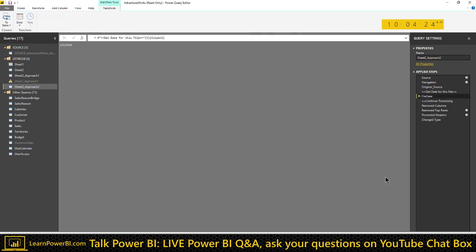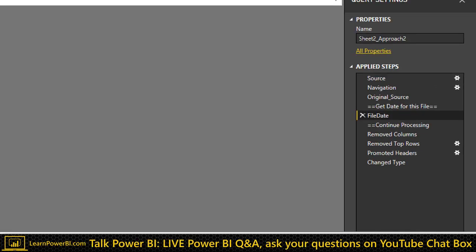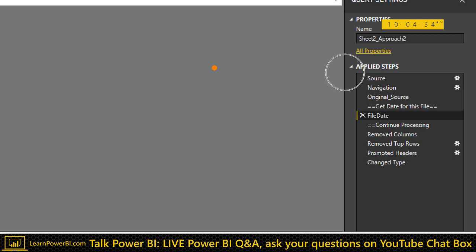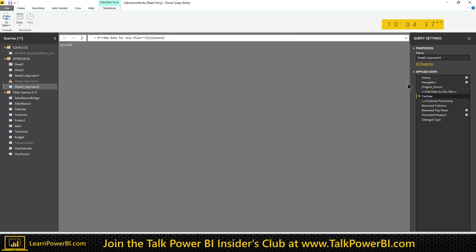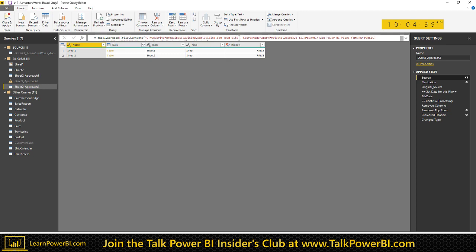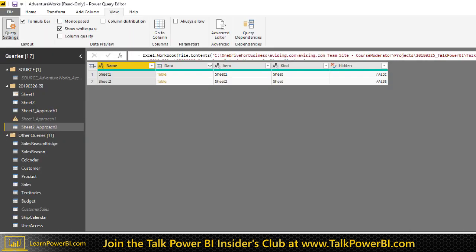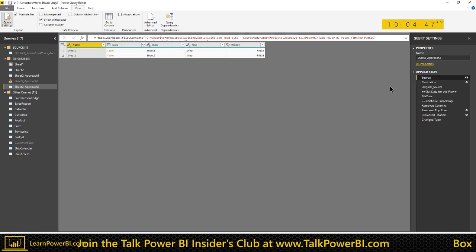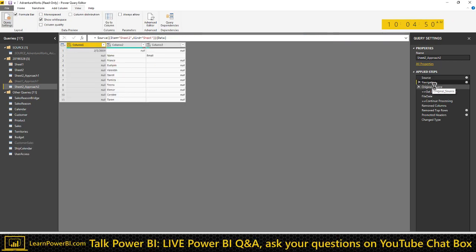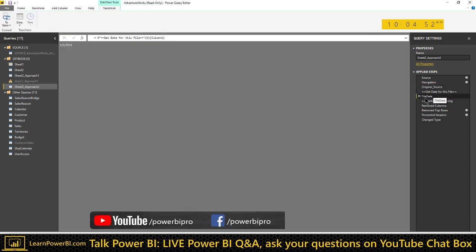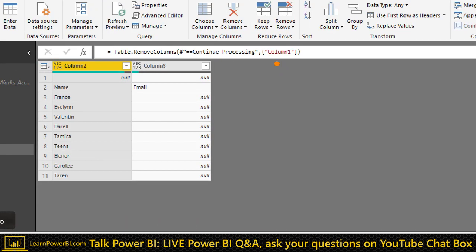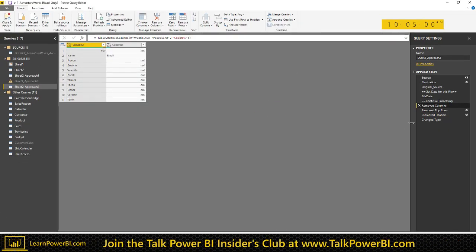One thing which was really eye-opening for me: by the way, the best way to learn the M or the query editor language is to turn on the formula bar up here. You do that by just going to the view and checking that. By default it's turned off. And you just start looking at it, and it starts making sense to you. I think it's logical. You look at that and it's like, yeah, I see what you're doing for most stuff. Look at that, removed columns. I get it. Column 1, yeah, that's the one that I removed.